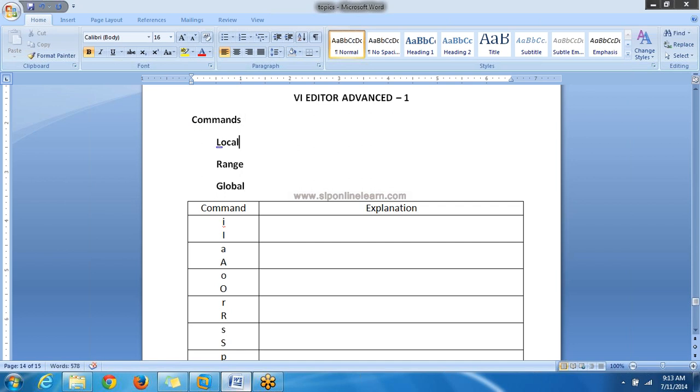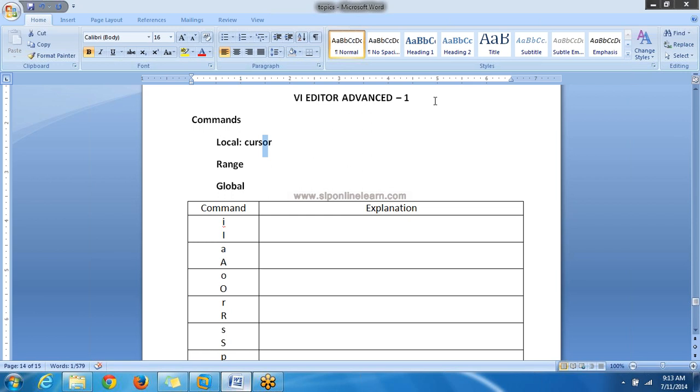Global commands. See, local commands are nothing but the commands which will be executed at cursor position. Cursor position means, now the cursor is placed here. Assume that this is the vi editor and the cursor is placed here.